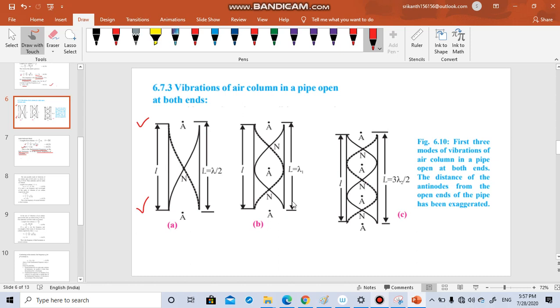So in this situation, what will be the length? Now you see the lambda value has changed. That is why we are calling it lambda 1, because it does not correspond to the fundamental mode. It corresponds to some other mode, it can be the second mode or third mode. So that we need to see now. Here L is equal to lambda 1. From A to A, lambda 1 by 2. Again from A to A, lambda 1 by 2. How many end corrections? In top 1 correction, in bottom 1 correction. Total 2 corrections.